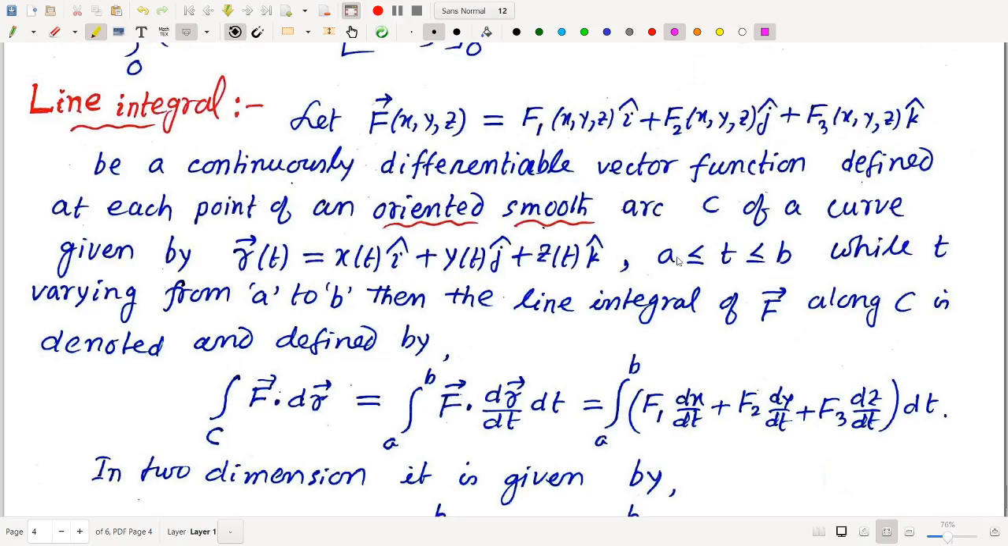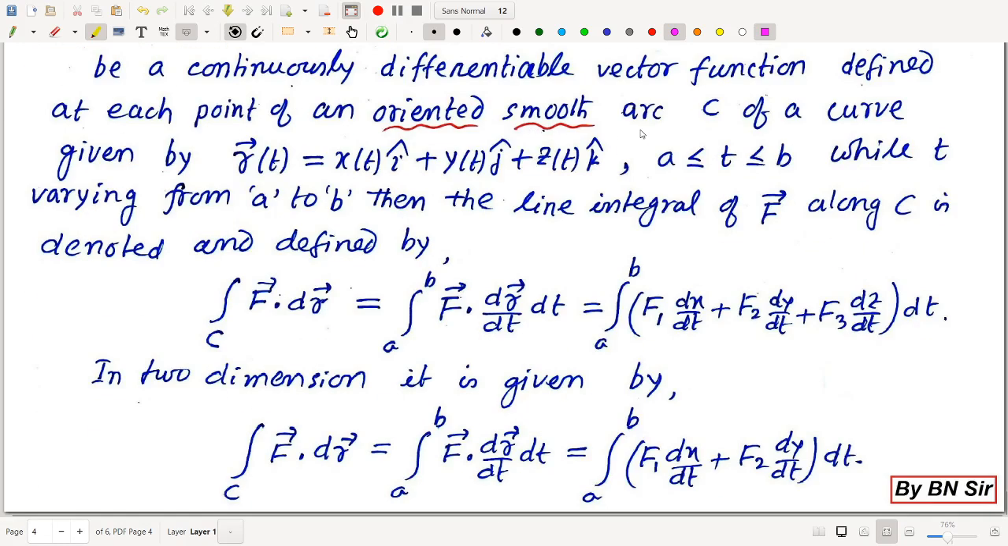And here I give the definition of line integral. Let the vector F of x, y, z be equal to F1(x,y,z) i cap plus F2(x,y,z) j cap plus F3(x,y,z) k cap, where F1, F2, F3 are the components of this vector point function F bar. This function is a continuously differentiable vector function defined at each point of an oriented smooth arc C of a curve given by r vector equal to x i cap plus y j cap plus z k cap. The r vector is a function of the scalar variable t: x(t) i cap plus y(t) j cap plus z(t) k cap. This is the equation of the curve, and its one part is C, oriented smooth,